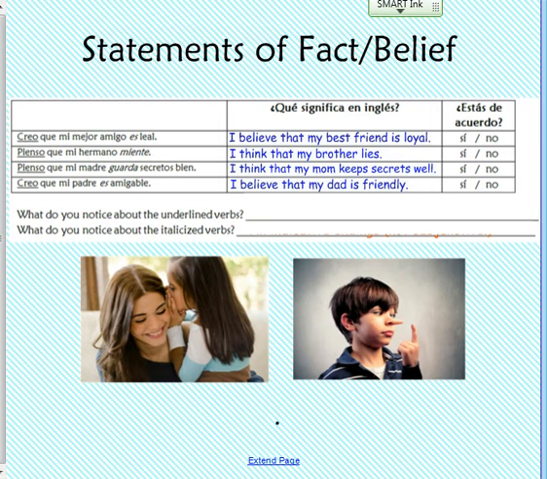Okay, so let's take a look together. Notice how it may appear as though the subjunctive is necessary in the dependent clause since we have two subjects and clauses, but the indicative is used instead. So what do we notice here? All indicative endings, once again, are used with the underlined verbs. And we also notice this time that it expresses what the person thinks or believes to be true. And like I just said, this time the italicized verbs were all conjugated in regular indicative tense, not the subjunctive